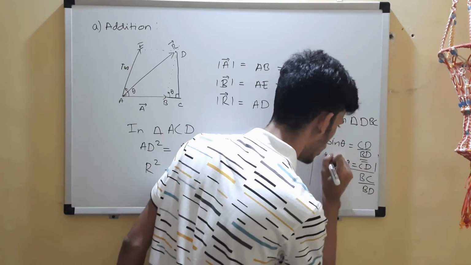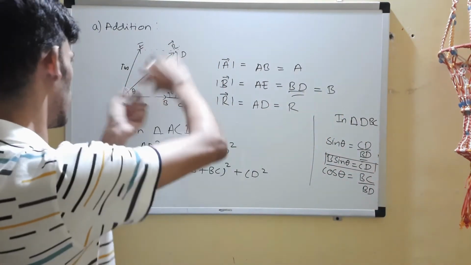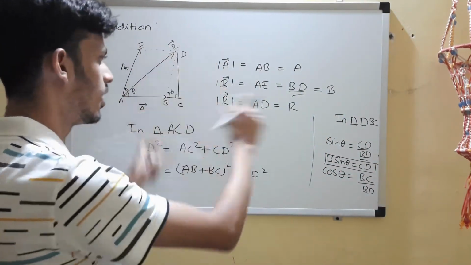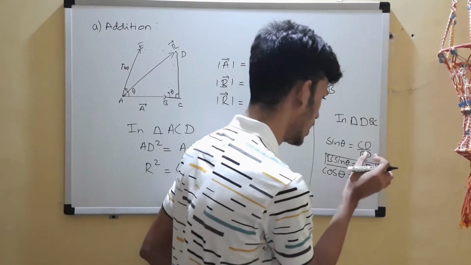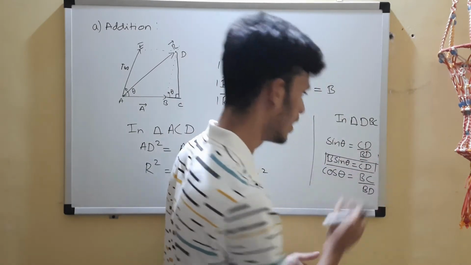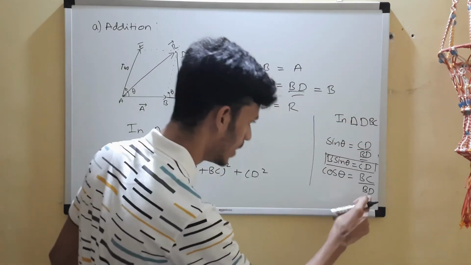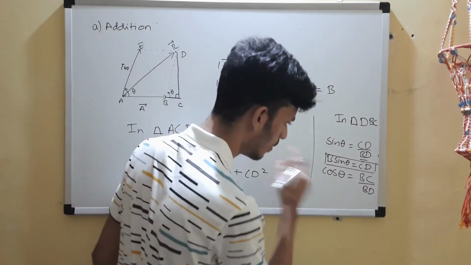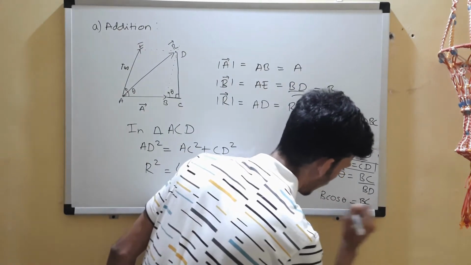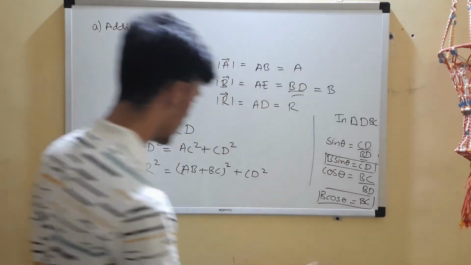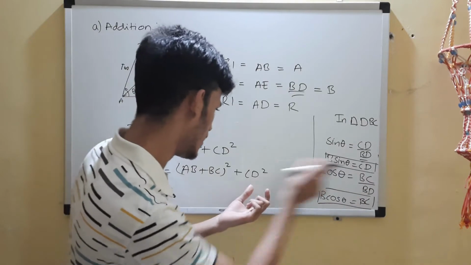Okay, are you following me? What did I do? In place of BD, I put B, right? AE equals BD equals magnitude of B, which is B. Now in place of BD, I put that B and brought it over here. So B sin theta is equal to CD. And similar here also, right? In place of BD, you can put B and bring that over here. So B cos theta is BC. Sir, why are you doing this? Because I want to substitute it over here. Can you see that? In place of BC, I'll put this. In place of CD, I'll put this.